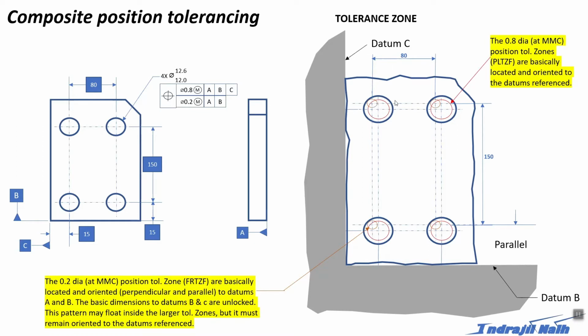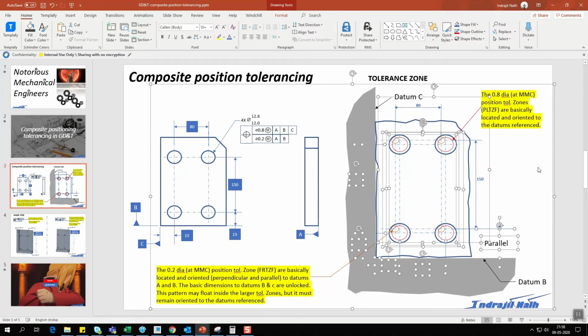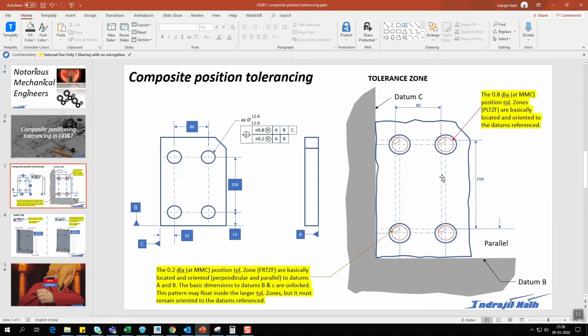Okay, this can tilt, rotate, this can go anywhere within the tolerance zone that has been specified with the bigger, red color circle, but it will never cross this. Let me just show you with a tilting position. I'll go out of my presentation zone and I'll show you how actually this might work. Hopefully I can take out the group here, ungroup it. Let's see if this takes as one group.